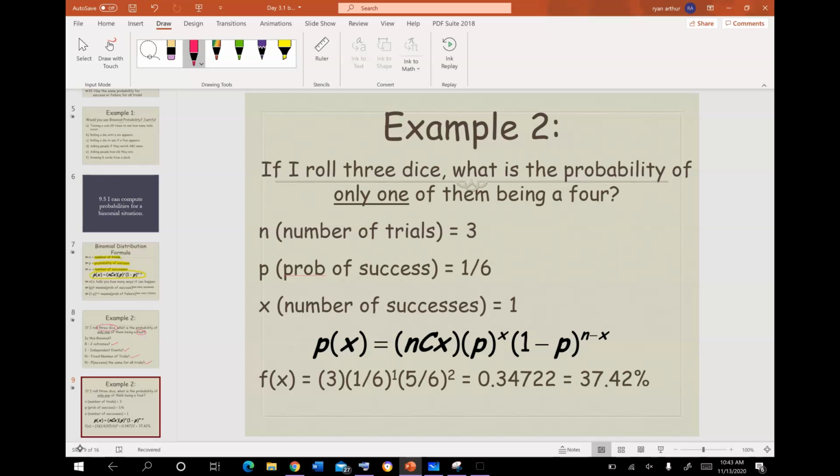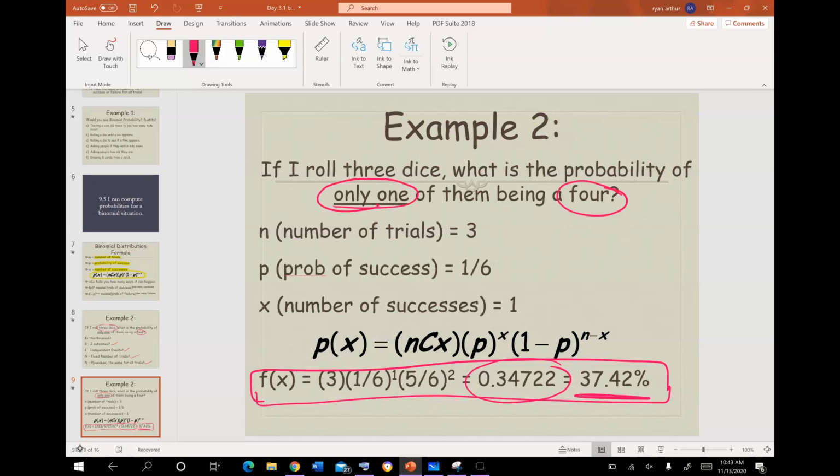So now I want to actually do this. Now, this is how you could do the formula, okay? This is showing you what the formula gives you, okay? So I should get an answer of 0.347. Now we've got to put it in percent form because we're doing probability. There's a 37.42% chance that I only roll 1 of the dice and it's a 4. So I'm going to roll 3 dice at a time and I have a 37% chance of one of those dice being a 4. Okay, so these are the variables you need to know right here, N, P, and X,